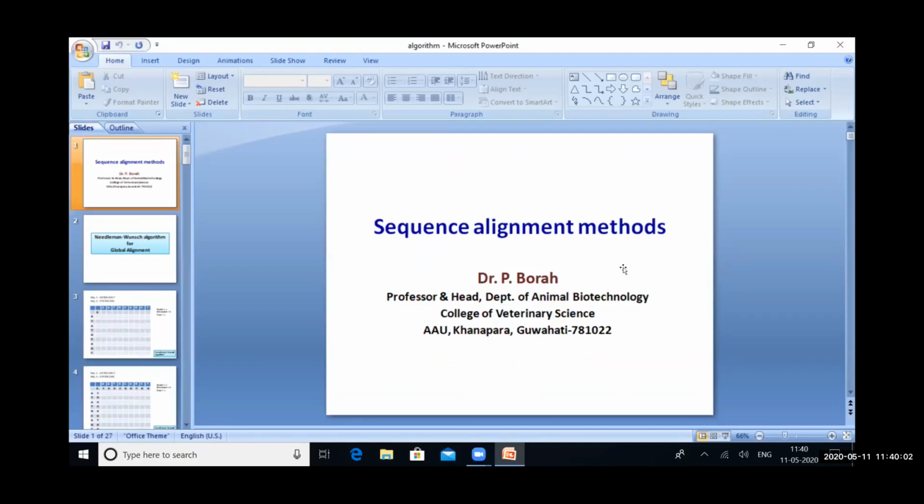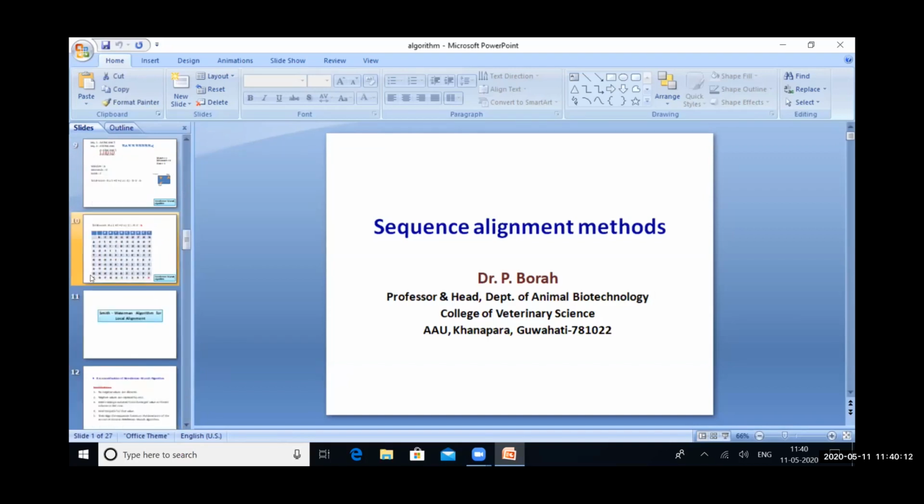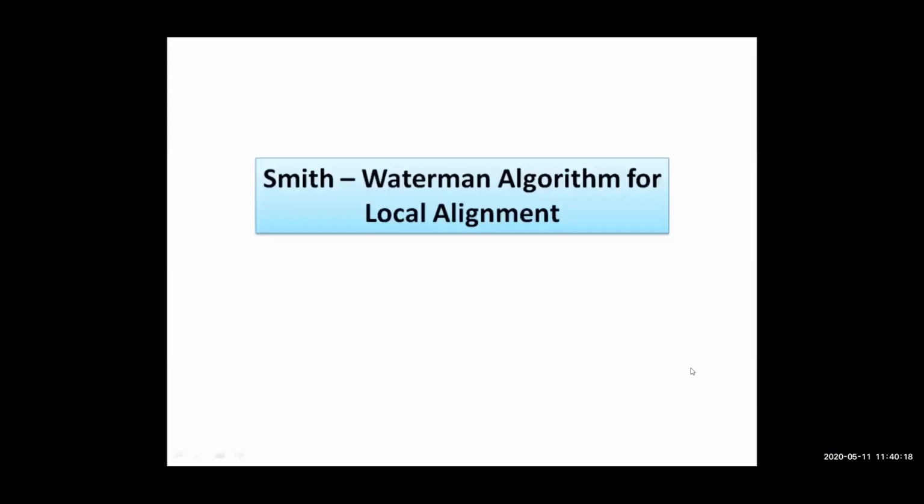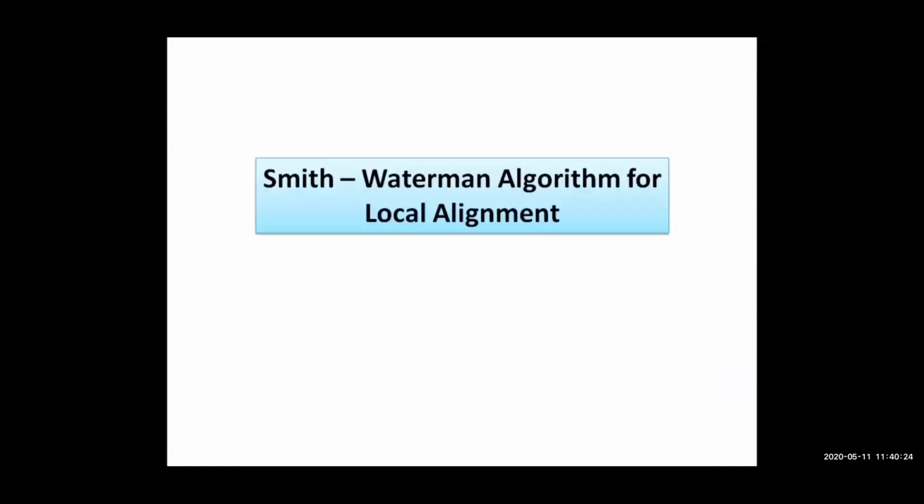So as we discussed, today we will be taking on the second algorithm, that is your Smith-Waterman algorithm. Smith-Waterman algorithm is used for local alignment. It is for local alignment. Now, in case of local alignment, as we discussed earlier while discussing sequence alignment, local alignment usually looks for